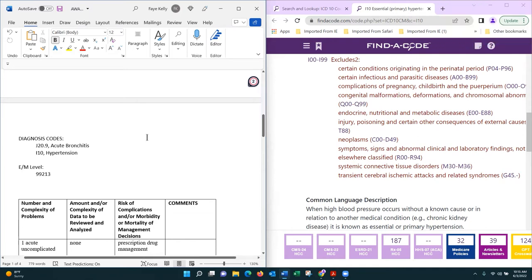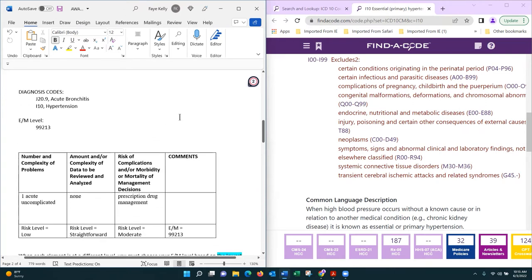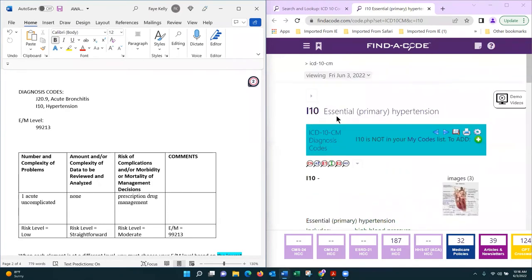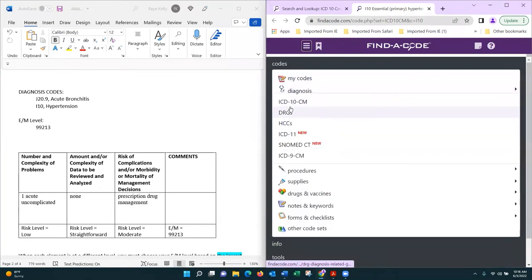Very good. All right. Let's look at the E&M level. This is where we have a little bit of struggle here because we want to assign the higher level. And the physicians want the higher level, but it has to be validated. So we're going to go in